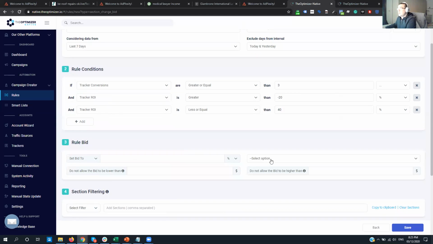And what we're going to do with this is set the bid to a percentage of the EPC, let's say 80%, where we're trying to get to that 20% steady ROI. Again, here we can tell the system don't allow the bid to go below this level, and don't allow the bid to go above this level. So it could be, let's say, not more than 25 cents a click. Now there's a trick